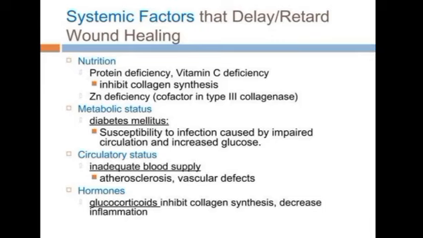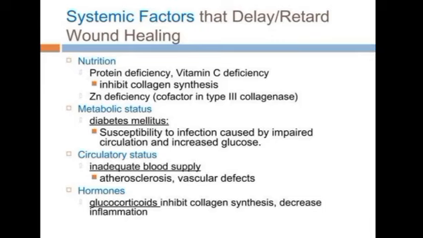Diabetes means high blood glucose, which means poor blood circulation, reduced neutrophil function, increased infection risk and delayed healing. Smoking: nicotine causes vasoconstriction, decreased blood flow, less oxygen delivery, reduced collagen formation, and delayed healing. Anemia: low hemoglobin, reduced oxygen transfer, less oxygen reaches the wound, and delayed healing.